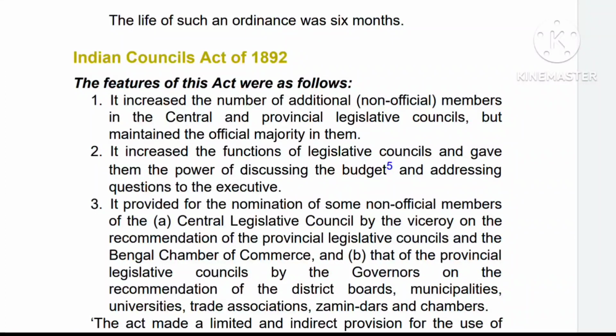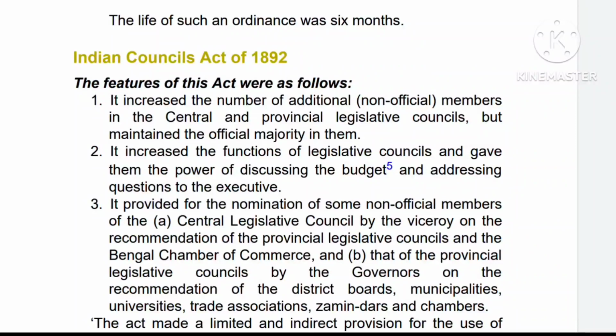Number 2. It increased the functions of legislative councils and gave them the power of discussing the budget and addressing questions to the executive. Number 3. It provided for the nomination of some non-official members of the